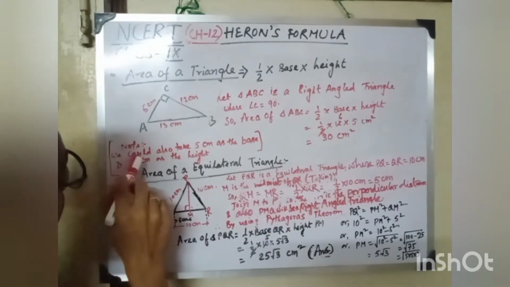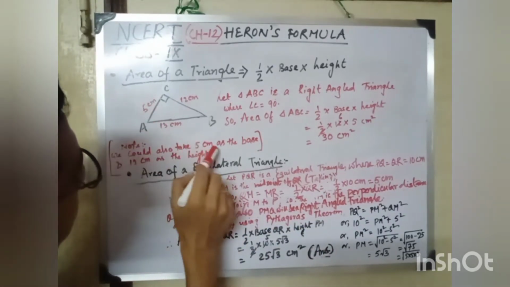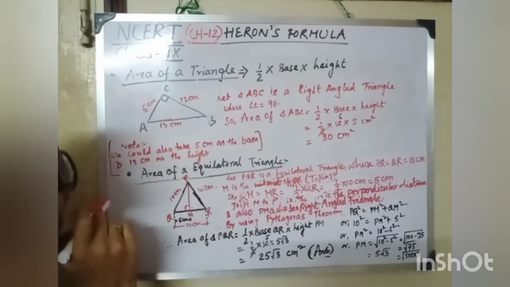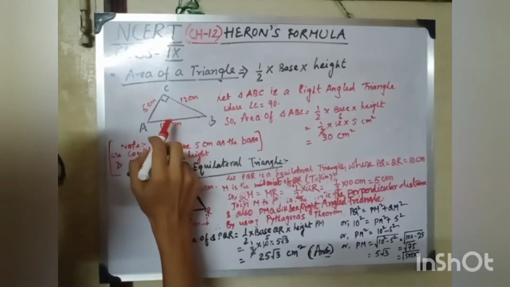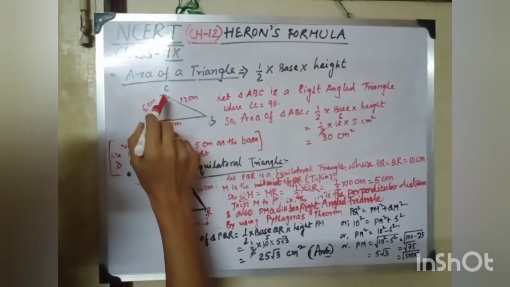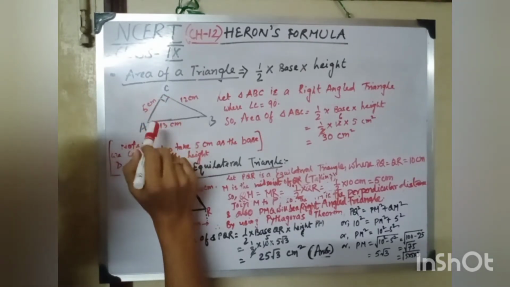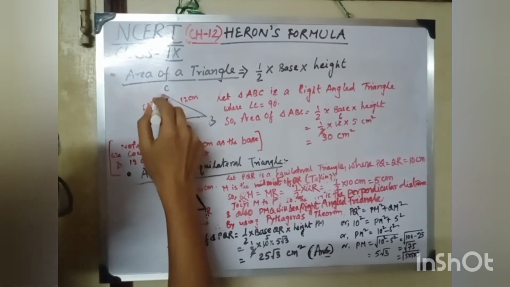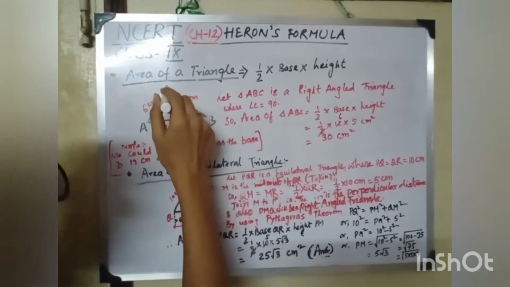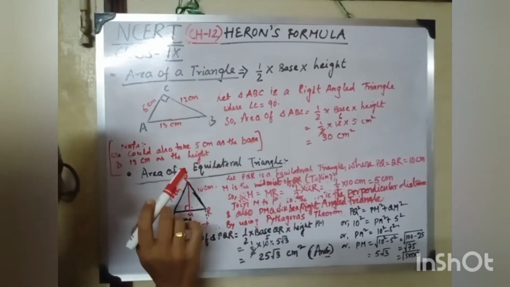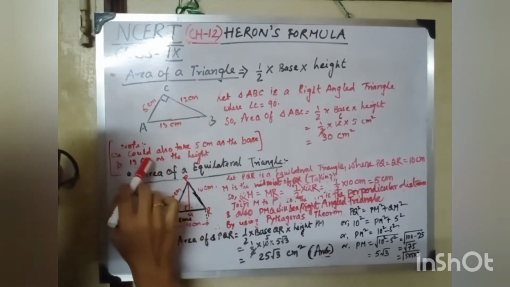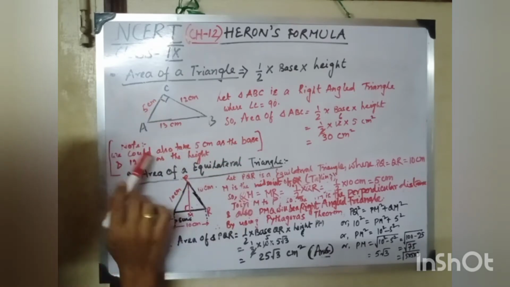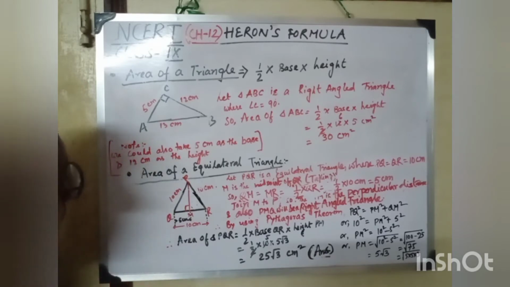Note, we could also take 5 centimeter as the base and 12 centimeter as the height. If we consider the right angle is C, hence we can consider the base is AC and the perpendicular distance BC as the height. So we could also take 5 centimeter as the base and 12 centimeter as the height. Next,